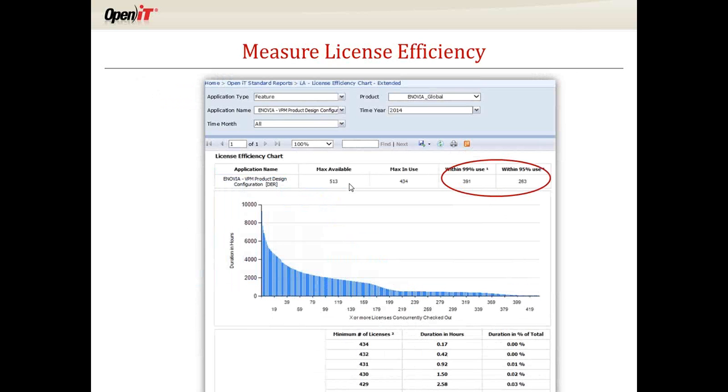And again, the point I'm trying to make is it doesn't matter if it's 14 licenses, 140 licenses, 1,400 licenses. The actual numbers don't matter. It's the relationship and the data that we're really trying to drill into here. But this is a bigger differential, if you will, in this same chart. Max available is 513 licenses. Max in use is 434.